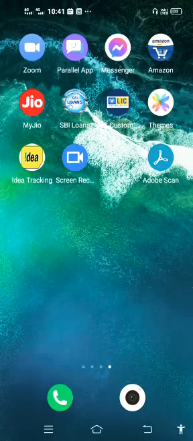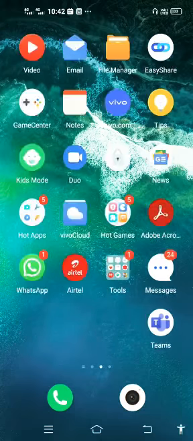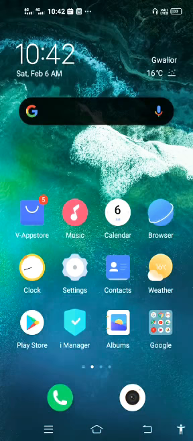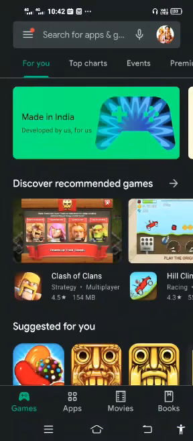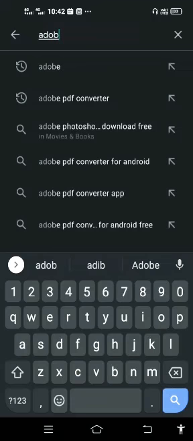Okay, so my dear students, let's start with our today's topic, that is how to create PDF. So first, for creating PDF you need to go to Play Store. In Play Store you have to just type Adobe in it, and just search.